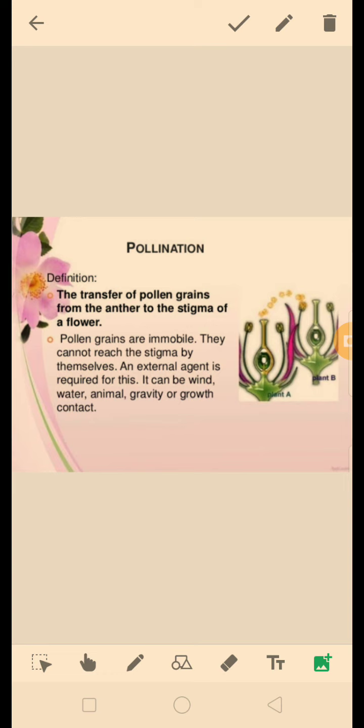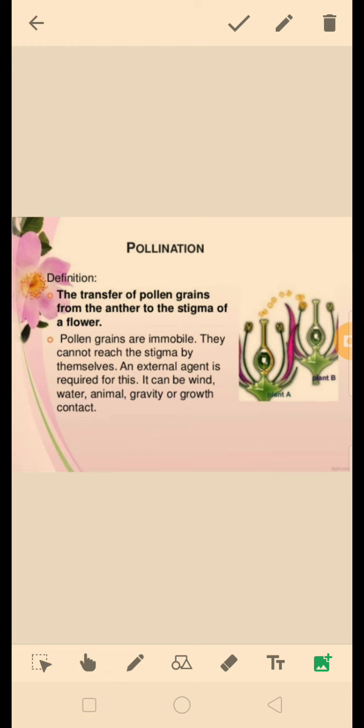So let us first start from the term pollination. Now what does pollination mean? Pollination is the transfer of pollen grains from the anther to the stigma of a flower. You know, anther is a part of the male reproductive part and stigma is the part of the female reproductive part. So the transfer of pollen grains from anther to the stigma is known as